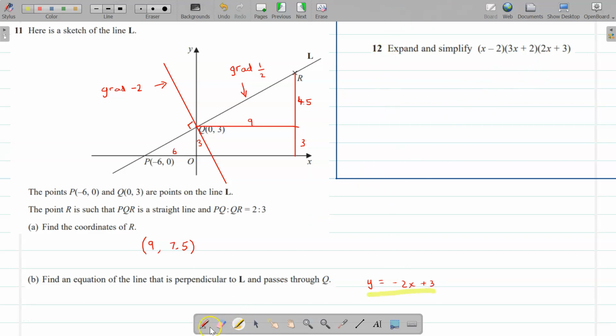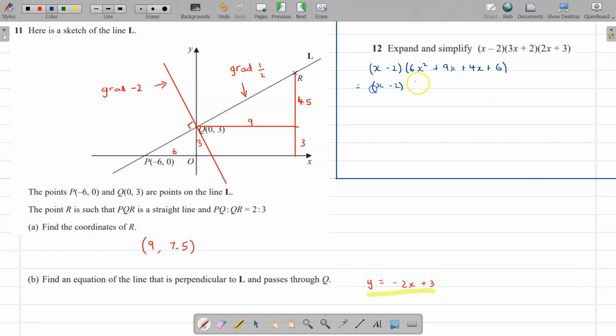Next question, number 12. We have 3 brackets here to expand. So we start usually by leaving the left-hand one alone. So I'm going to write here x minus 2, and next to it the multiplication of the other pair of brackets using FOIL, first outer inner last. So 3x times 2x, 6x squared. That's the first. The outer will be 9x, the inner will be plus 4x, and the last terms, 2 times 3 is 6. Combine those two middle terms to give me